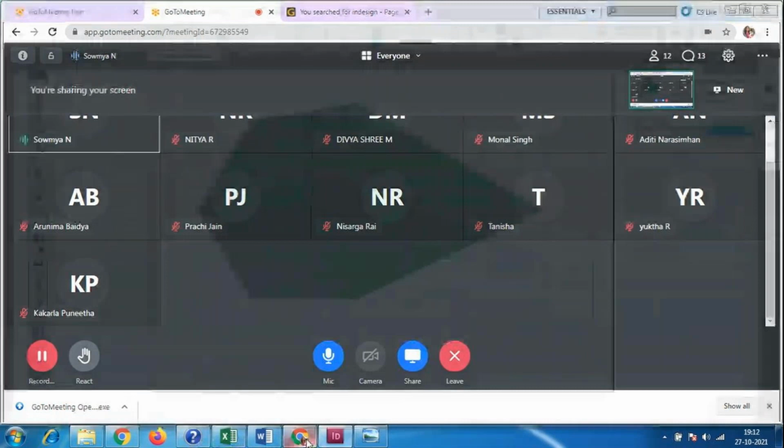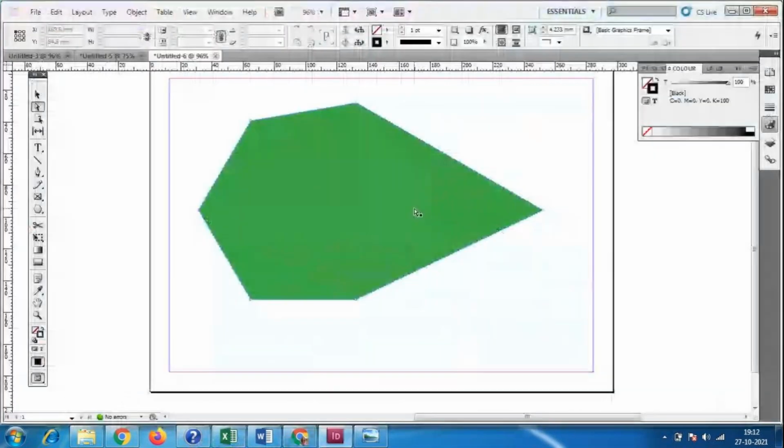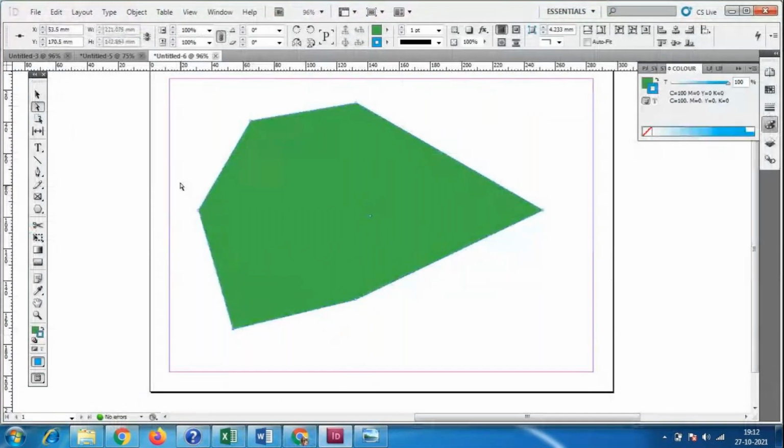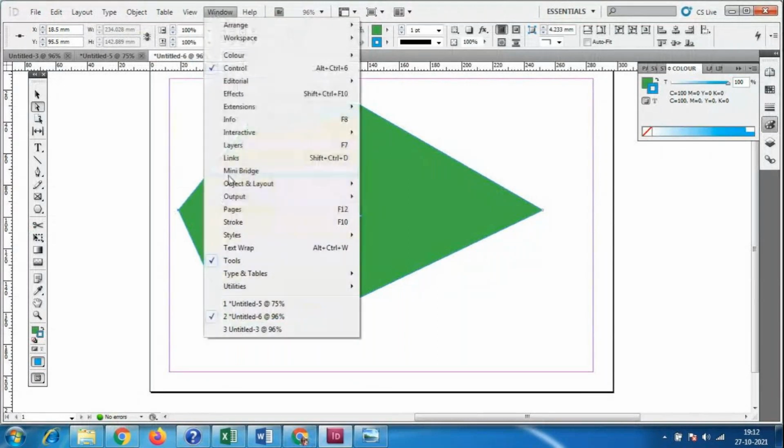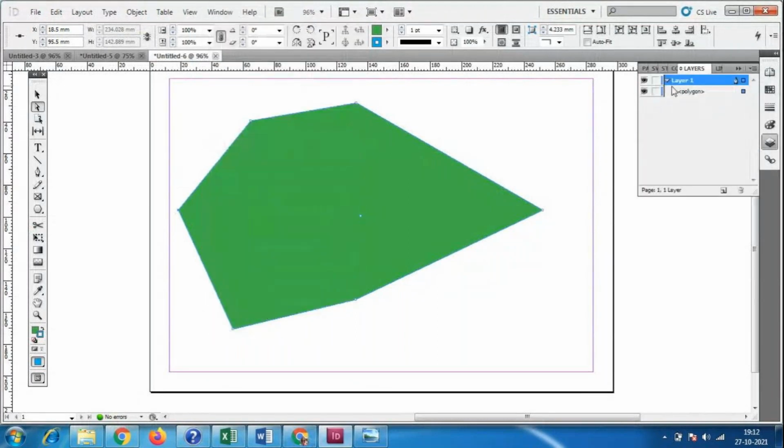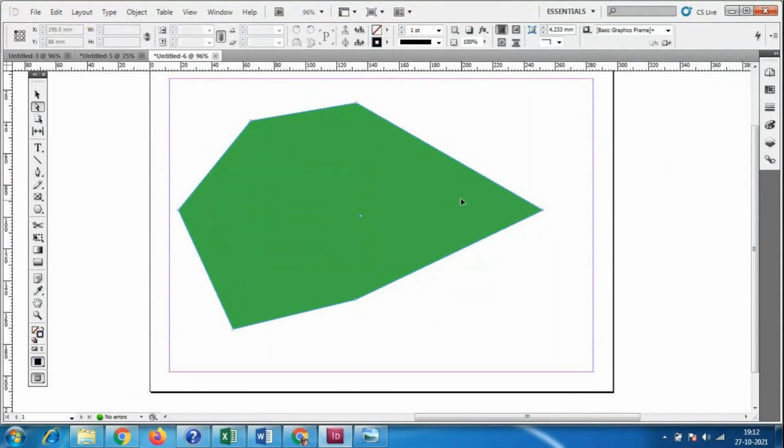Okay, so with the direct selection tool, you can select the points, and wherever the points are, you can extend them. So there's no need to use the layers and all. If you open this layers window, we have this option: whatever tools we have used here will appear according to that. So no need to create layers; automatically every different layer will come.